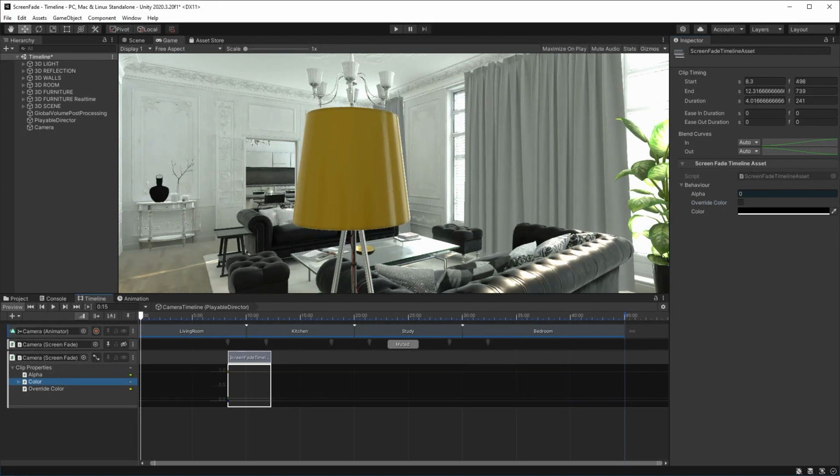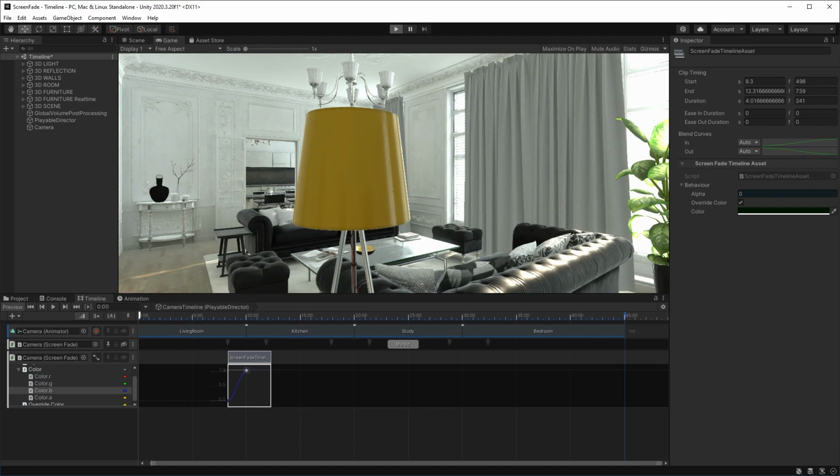So let's do that now. First, we'll say that we're going to override the color in this screen fade. You can see that we have red, green, and blue options. I will add a key here for blue and we'll put it up. And now if I press play,